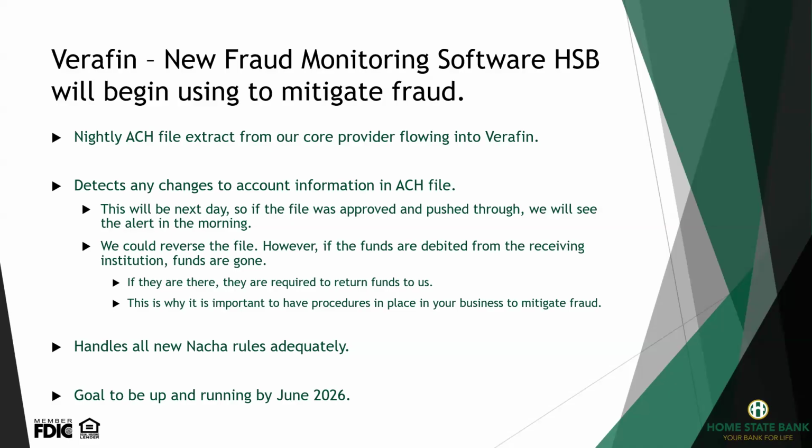So Verafin does not share bank information between all of the banks they work with. So our information would never be shared with any other institutions out there. However, they do use a cloud-based system to alert based off of other banks in their network. So say we have an originator who made a fraudulent vendor payment unknowingly to, say, ABC Builders at a large bank, because that's usually where the fraudsters are banking out of. The Verafin system will alert us and say, hey, just FYI, this customer is deemed fraudulent at another bank.